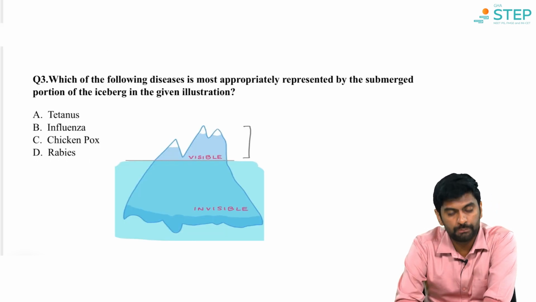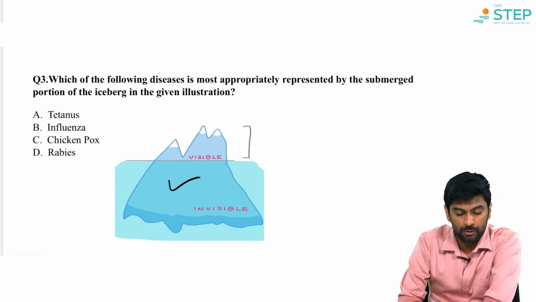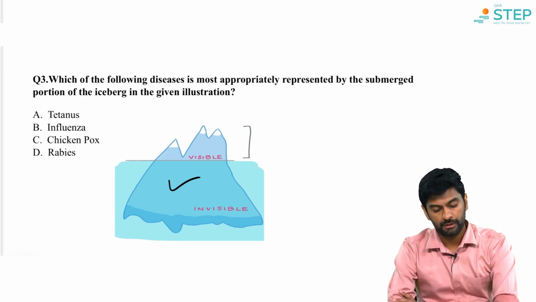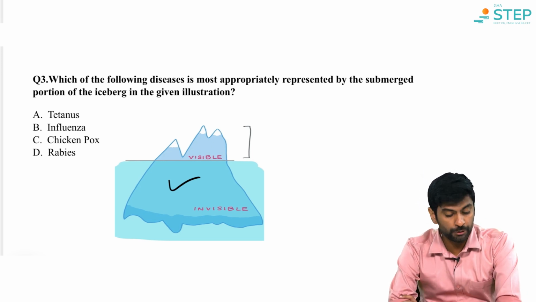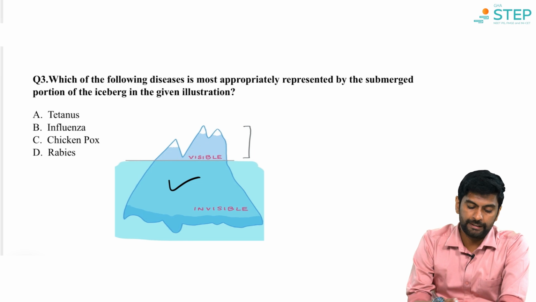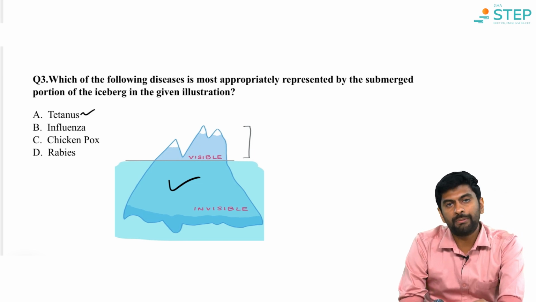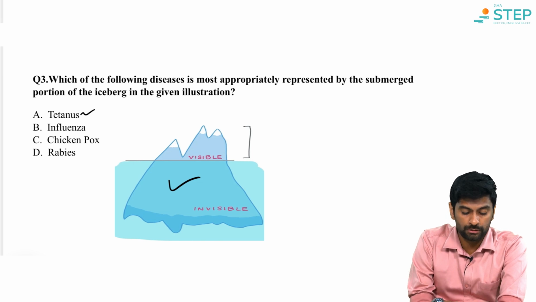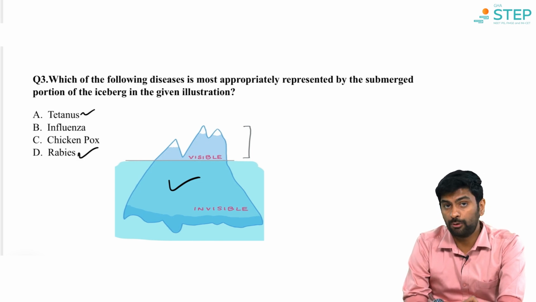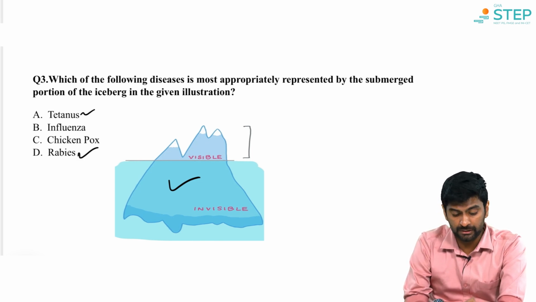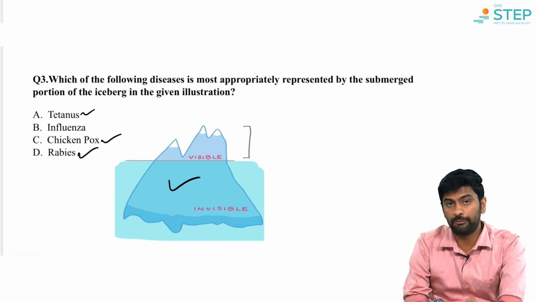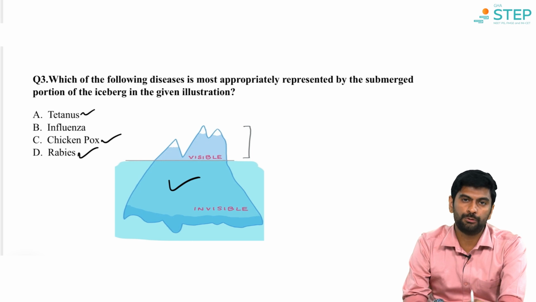Moving on to question number 3. Which of the following diseases is most appropriately represented by the submerged portion of the iceberg in the given illustration? So tetanus, influenza, chickenpox and rabies. Again, tetanus, asymptomatic individuals are very, very unlikely, so that is ruled out. Rabies, again, there are no subclinical or invisible cases. Chickenpox as well. So varicella, again, it has a very high infectivity and there are very few individuals who will